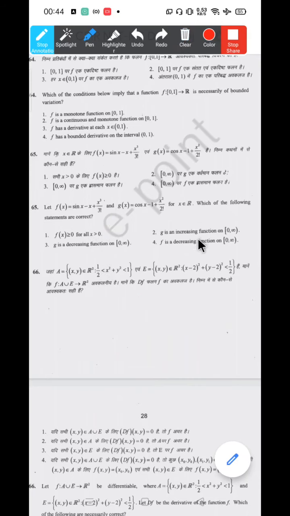What next? g is increasing function. Let us see what g is. See again g, can you see that? This is cos x expansion. Cos x equal to 1 minus x square by 2 factorial. But wait man, that was alternate and I did only two terms. For all x positive,